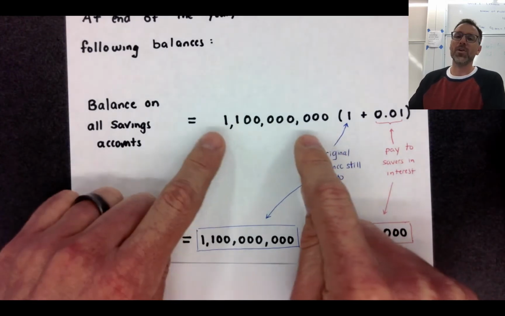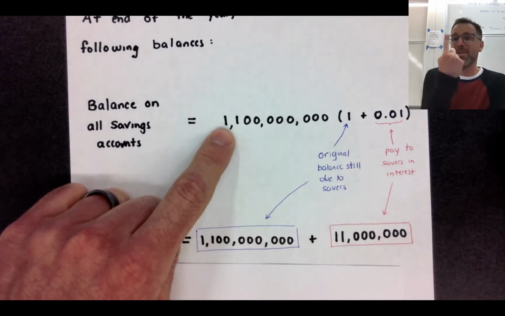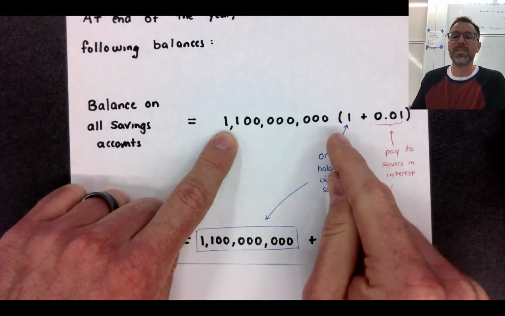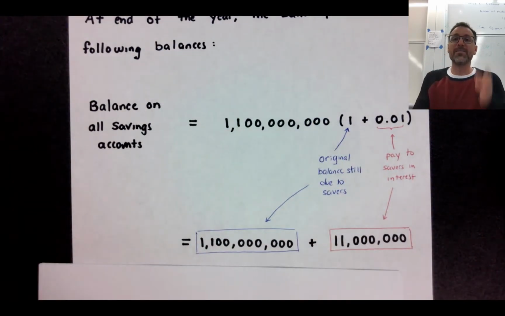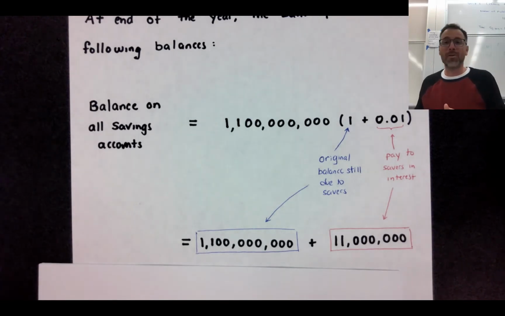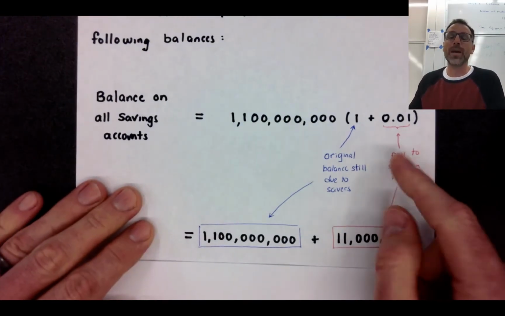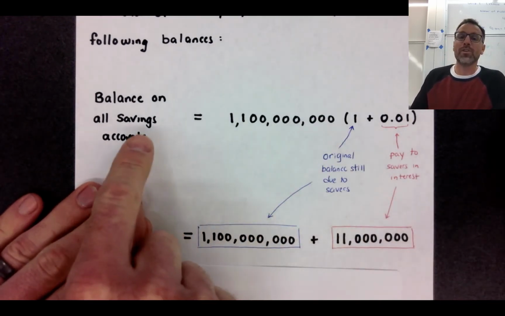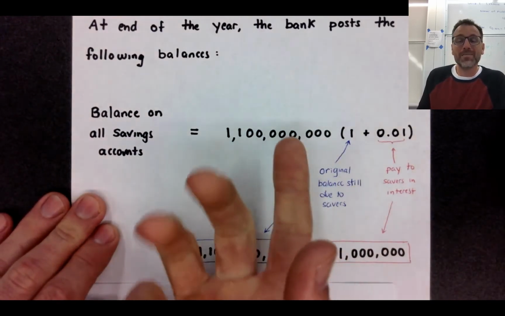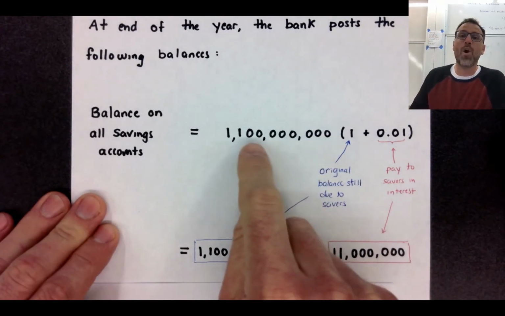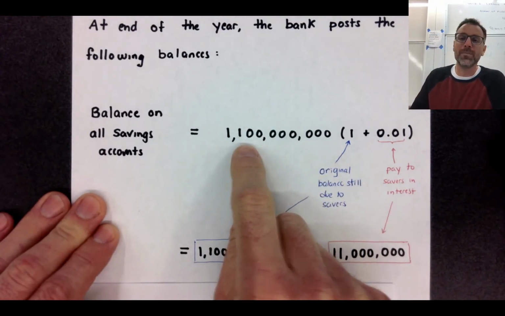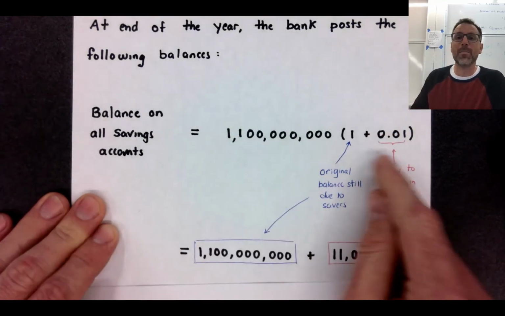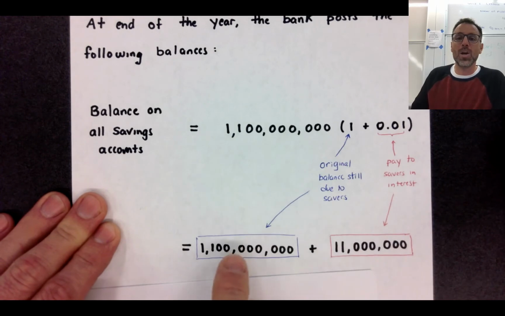So at the end of the year, we're going to assume that the bank actually pays only once per year, which is called the number of compounding periods. So we put our money in the bank January 1st. On December 31st, the bank says, hey, you've kept your money with us for an entire year. We're going to pay you 1% back on that. So in terms of the amount of money that the bank still owes us, it's going to be all of the money that we put in originally, plus 1%, which is the fee that we're charging the bank to keep our money there, right? So that's going to be